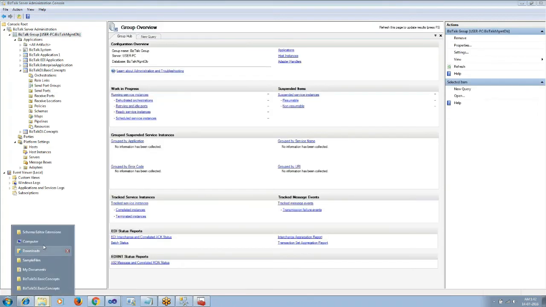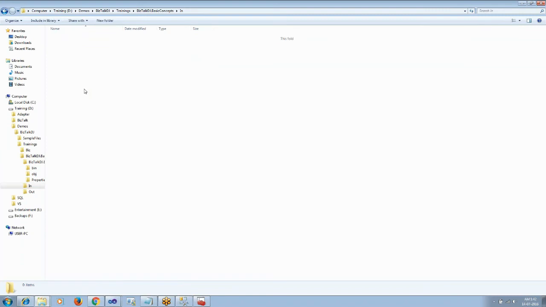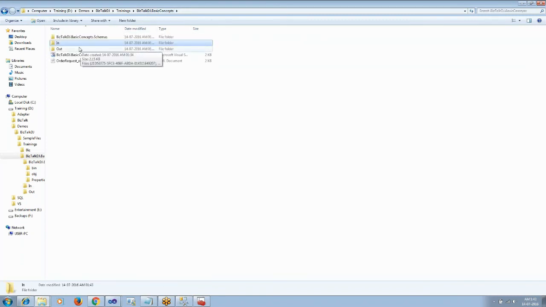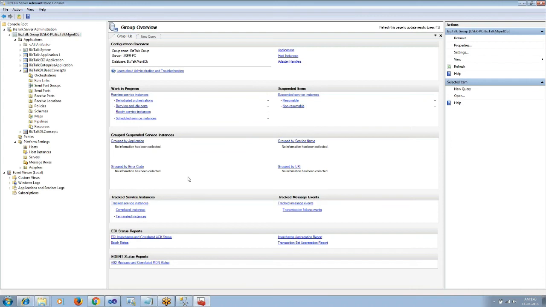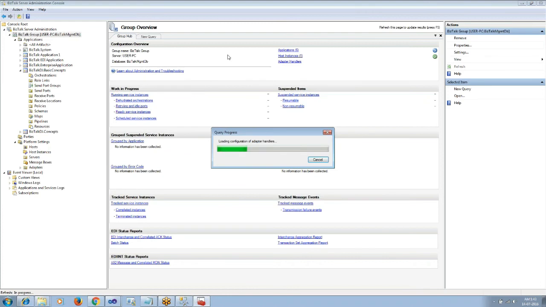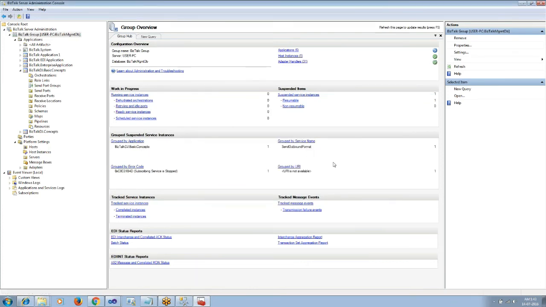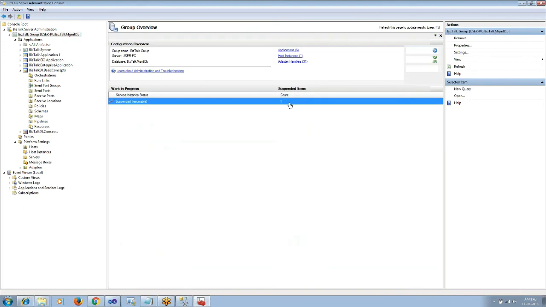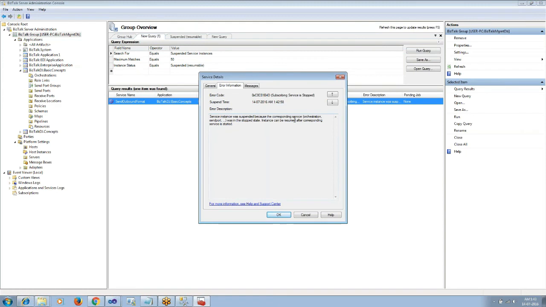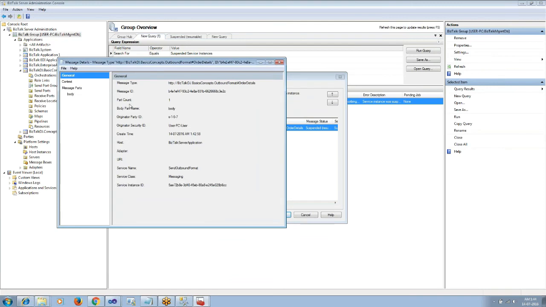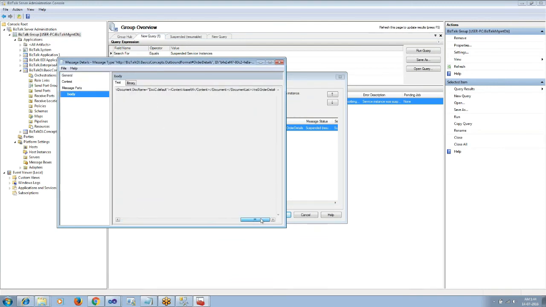Now let me stop the send port and process a file just to verify the context property. As the send port is stopped, the message is not published to the directory. It will be available in the admin console. I will run a new query, or you can click on the existing query. So on the error information we can see the error. It says the service is stopped, and going to the message tab you can see the message body,